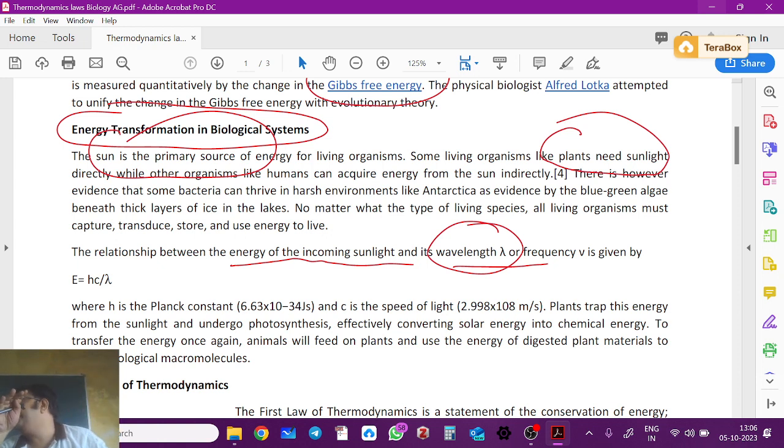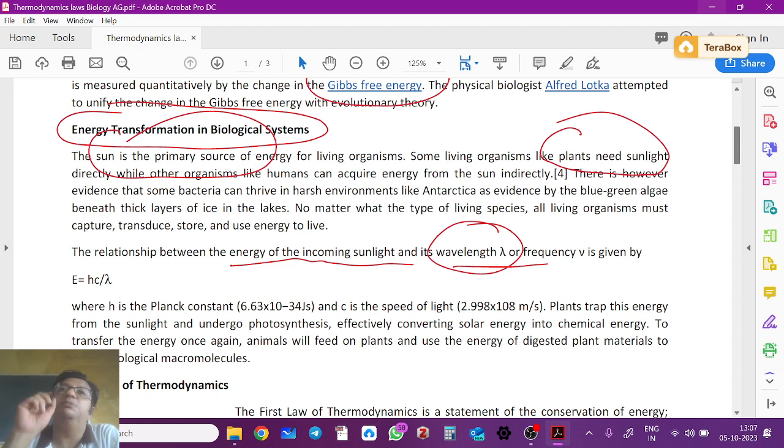Any shorter wavelength is ultraviolet. Longer than red is infrared. And our mobile and radio waves are very, very long waves. Those are very long wavelengths. So if people say that mobile waves and radio waves are harmful, they are wrong. It is not harmful. Even your visible light is more harmful than your mobile wave range.